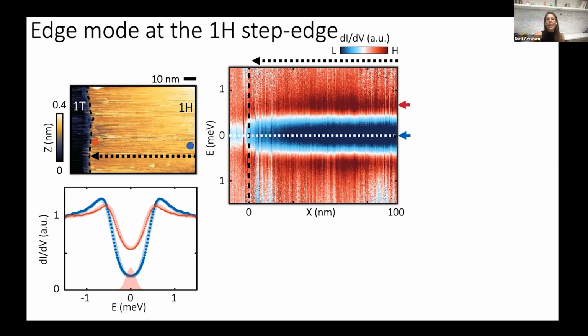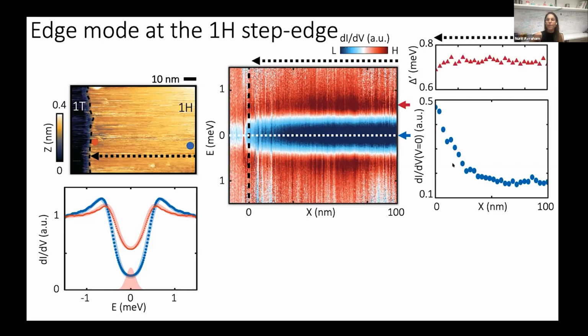So let's see the increase of the density of state at the zero bias. So you can see it over here. So what you see here is the size of the gap along this line, and also the increase of the density of state as we go from this point to the point just at the edge. So we see that the gap as extracted from the coherence peak remains constant all the way